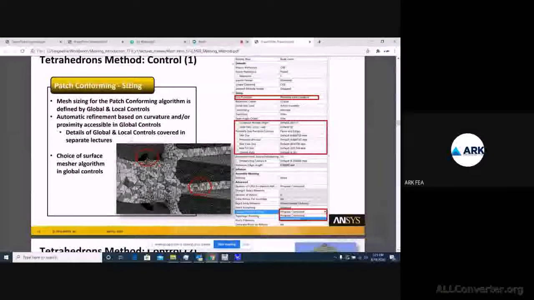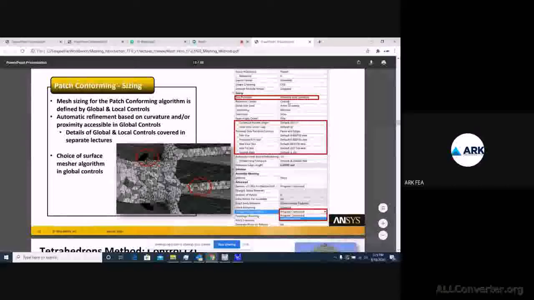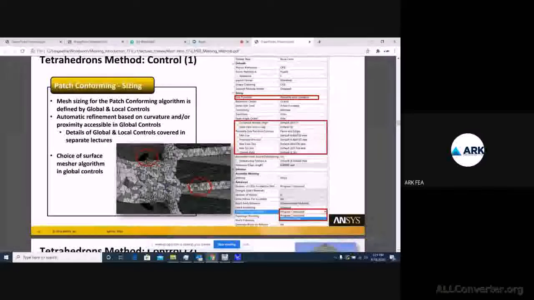If you look at this one, you can see there are proximity and curvature size functions. They have added proximity and curvature, right? Generally, when you have two or more edges near each other, it is really difficult to fit an element.